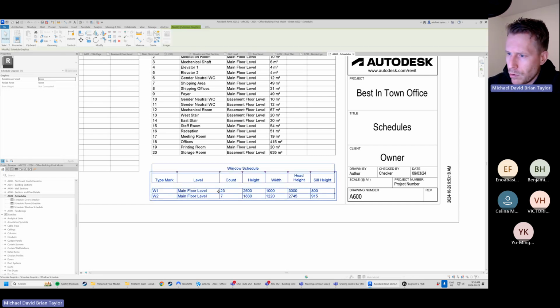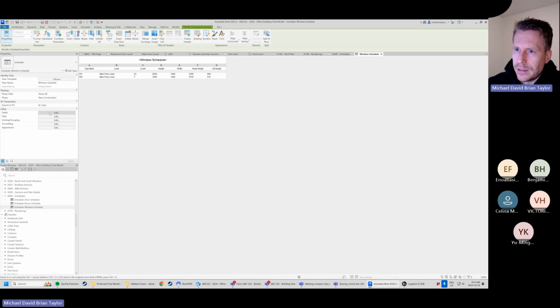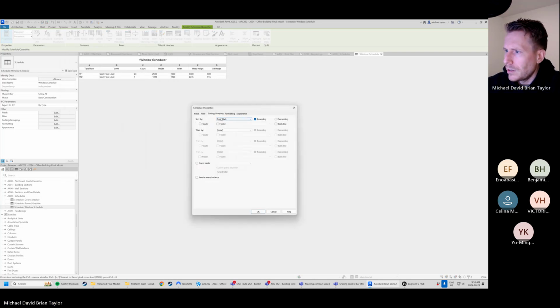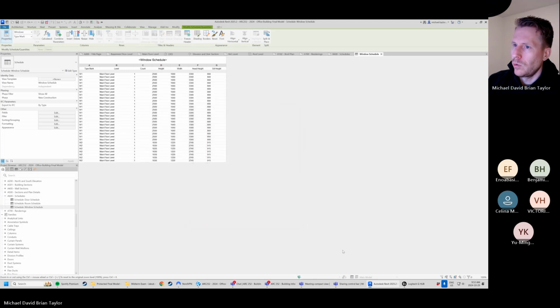If you remember from our little schedule class, I jump to window schedules here and jump into, I think it's going to be sorting and grouping. Oh, sorting and grouping, here it is. So itemize every instance. What this does is it's going to say, I would like to see every single window type. And you'll see here, if I hit itemize every instance, we'll see all of them. So it's a small step, but an important step when it comes to legibility in our drawings and making sure that we just wanted to show